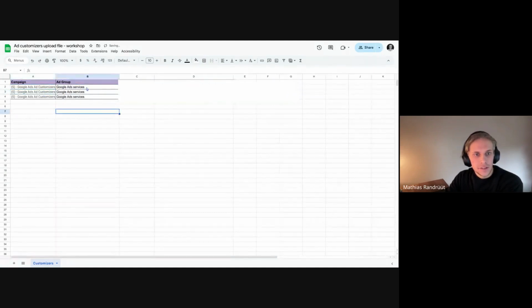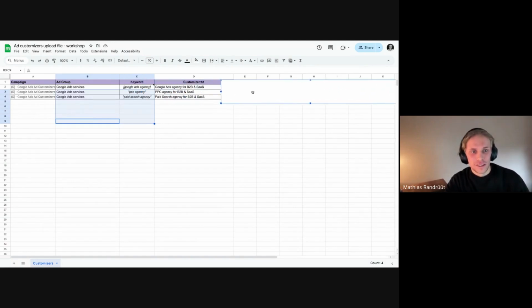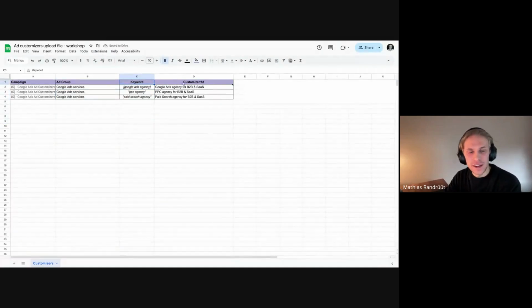Now we have the ad group. My consolidated ad group name is Google Ad Services. Oops. I'm not sure what is going on here. Give me a minute. My computer is acting up. Yes, now. So my ad group is Google Ad Services, and here we define the keyword and the actual customizer